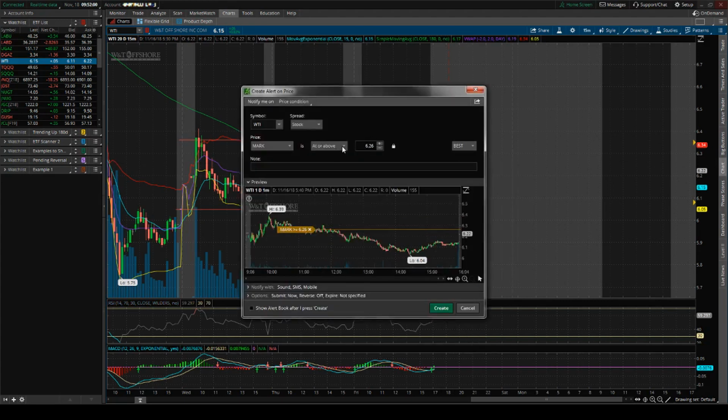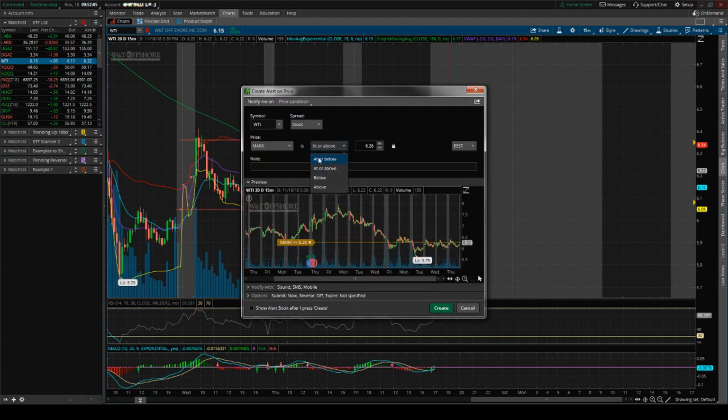And then here is where you can select at or above this price, at or below, or simply just below or above. Okay, so I'm going to create an alert when the price is at or above 6:25. Okay, and you can put little notes in here because you will get a text notification, and you will get an email if you have that set up. But you can say something like, hey, time to sell stocks. Okay, and then if you hit create,